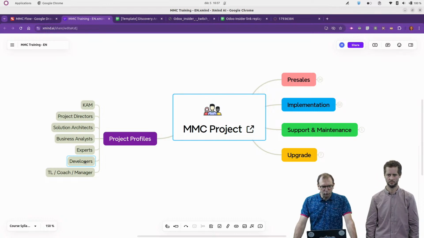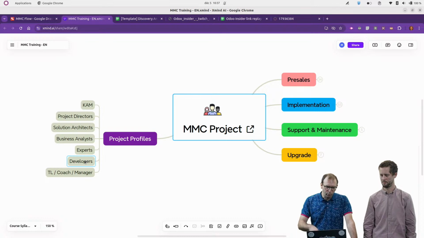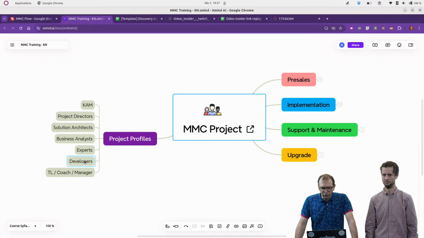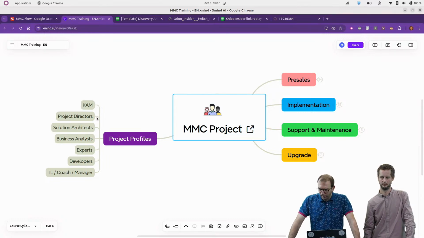And what we try to do as well is to make sure that all those people involved during the ROI will still be linked to the project during the implementation. Either they will be part of the project team, or they will be there to provide support when required. And so those are the different profiles. The key account manager and the project director will be responsible for all the governance aspects and all the planning,